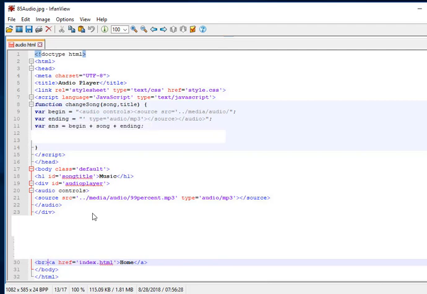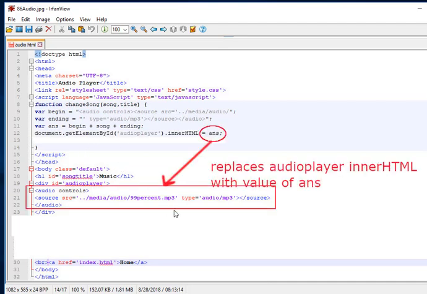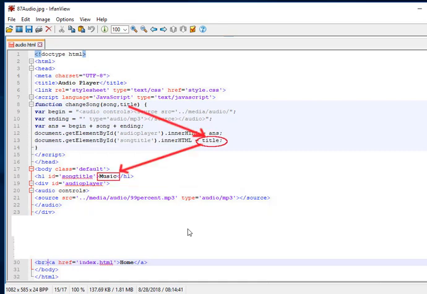So I'm going to create a variable called answer that equals the beginning of that first line plus the song plus the ending. So in other words, my current lines 20, 21, and 22 are going to be replaced by whatever this answer is. So it just takes that answer, puts it right into there. That's the inner HTML replacement. Document.getElementById audio player dot inner HTML equals answer. And then as far as the title goes, well, whatever the title I've got listed in there, that's what ought to be replaced in the song title